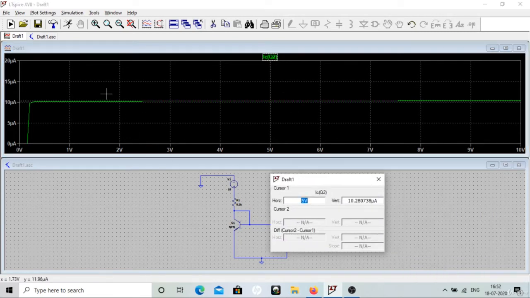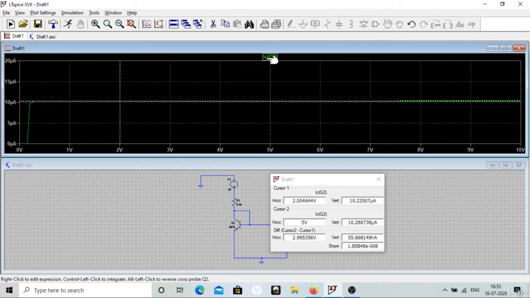Let's put the first cursor at 2 volt and the other at 7 volt, so the difference is 5 volt. The vertical difference is 92.04495 nanoampere, and the slope is 1.841 times 10 to the power minus 8.